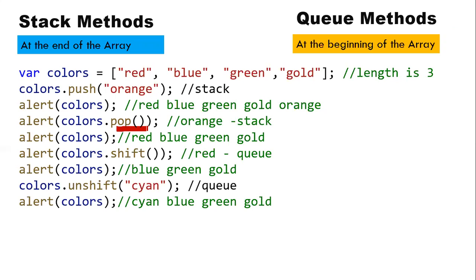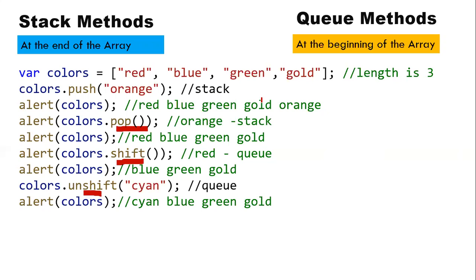One is called push, another one is pop. We have other functions as well, like shift and unshift. The difference between shift and unshift is that they work like the queue concept, which means they add and remove elements at the beginning of the array. Whereas push and pop add elements at the end. That means they work similar to the concept of a stack.